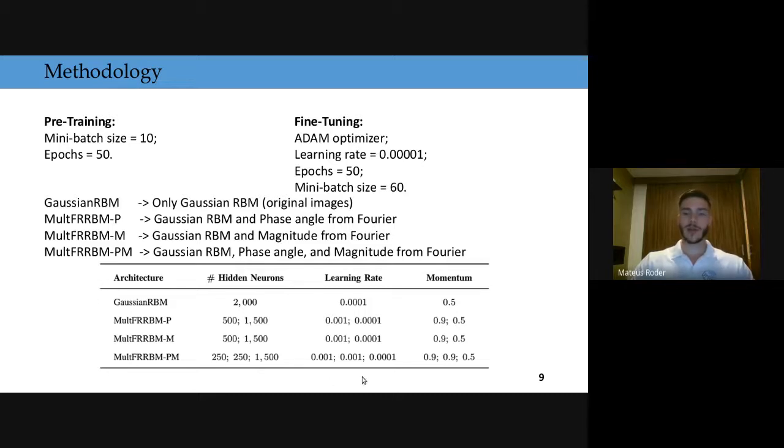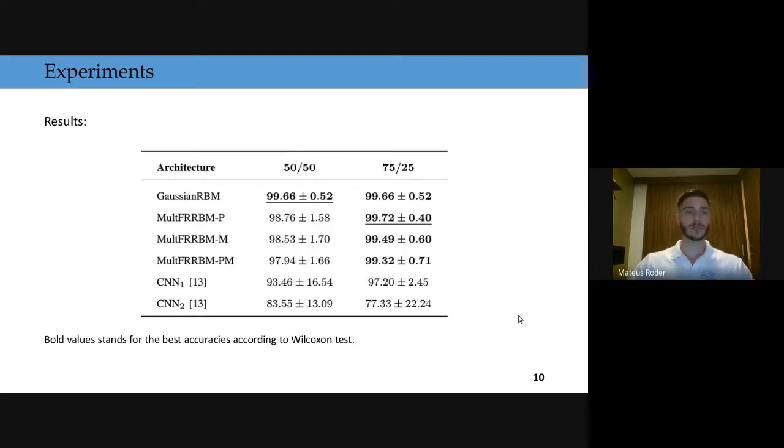We have the hyperparameters employed, and it's important to highlight that all these hyperparameters were empirically chosen in previous experiments. We can jump to the results regarding the two splits proposed by the authors and the architectures. Here we have the accuracies, in which the bold values stand for the best ones according to the Wilcoxon test, and we can notice that for the 50-50 split, the first one, the Gaussian RBM overcame all the models, surpassing